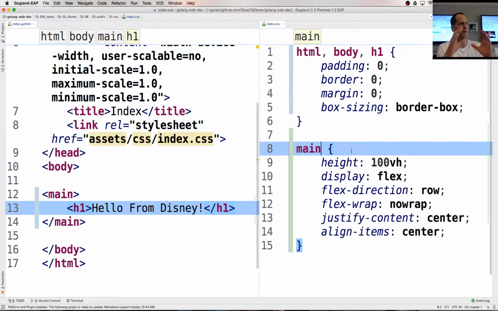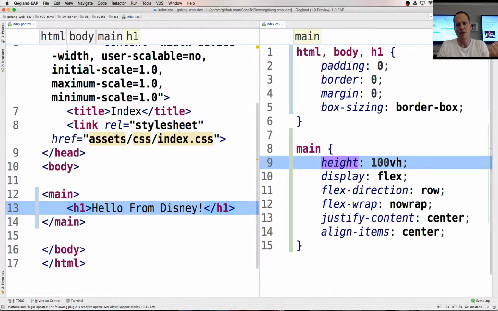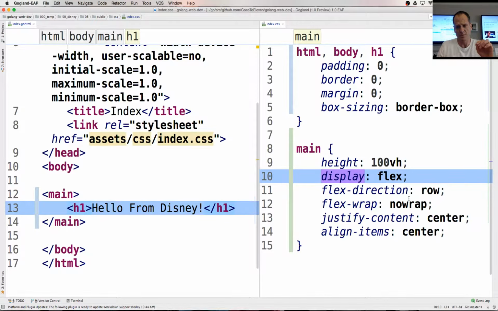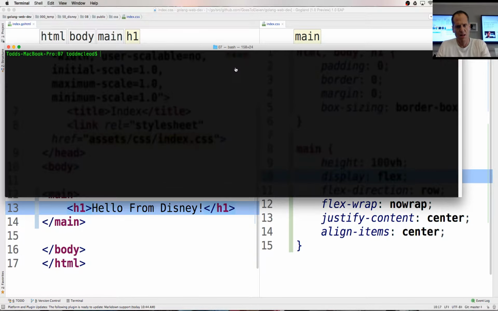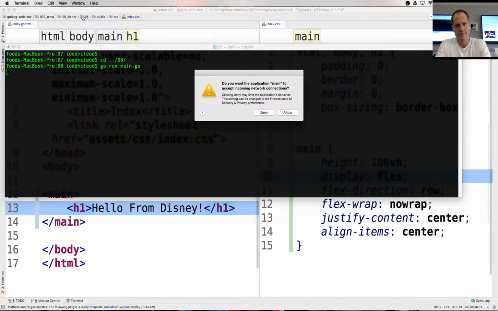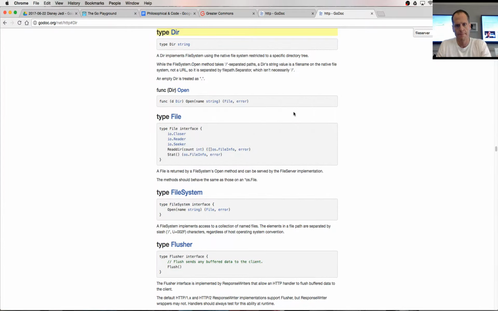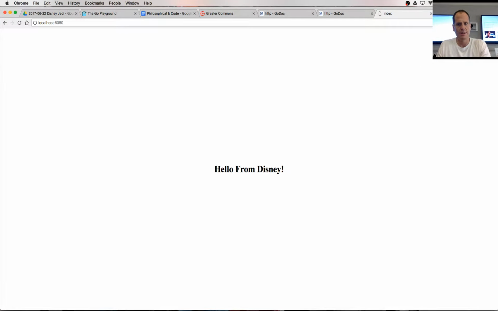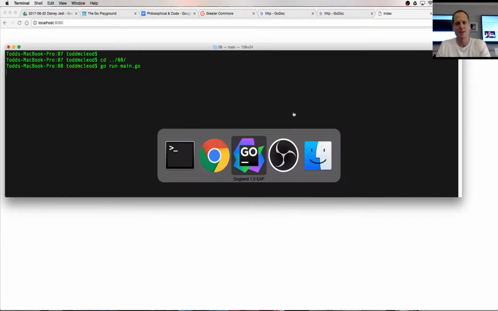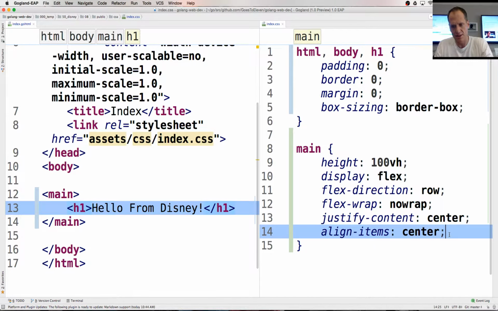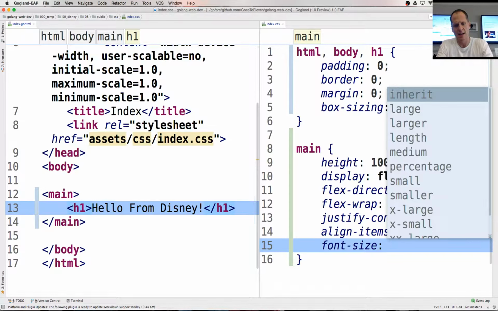That's always going to be showing on the home page. So that's pretty cool. And so the height is 100 VH, and we're saying that in this center, whatever child I have, display flex, and center it right into the middle. So now if we run this, and we are in 08, put Disney right in the middle. That's cool. And so now I want to change the size of Disney, so font size,